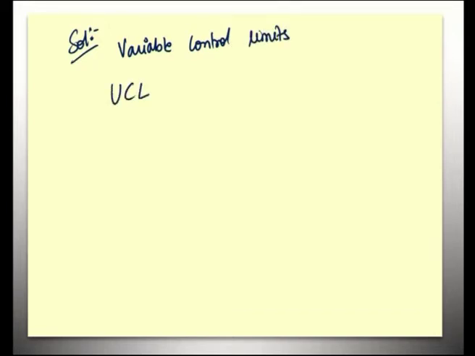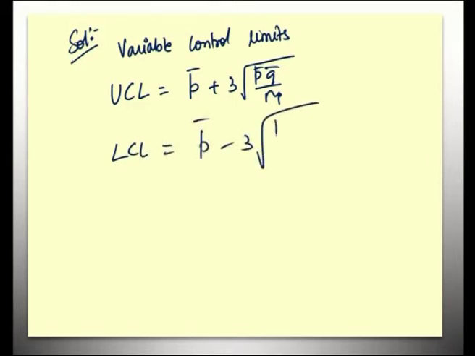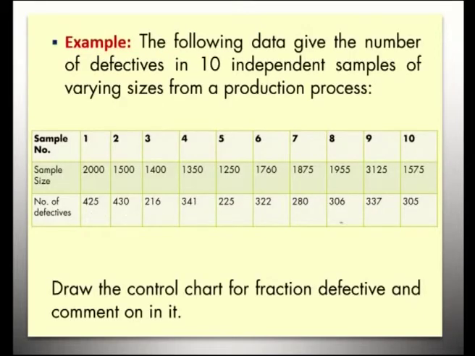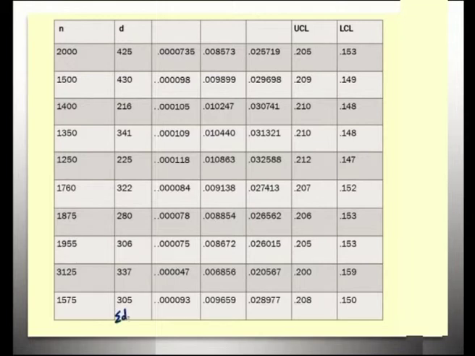The formula is UCL equal to P bar plus 3 into root of P bar Q bar by N i. Similarly, LCL is equal to P bar minus 3 into root of P bar Q bar by N i, where P bar is equal to summation D i by summation N i. This is the number of defectives given as the D value, and this total comes to be equal to summation D i, N i values. Summation D i is 3187